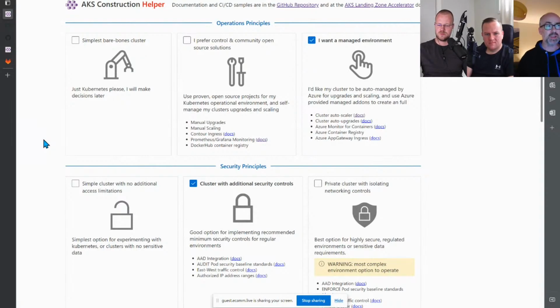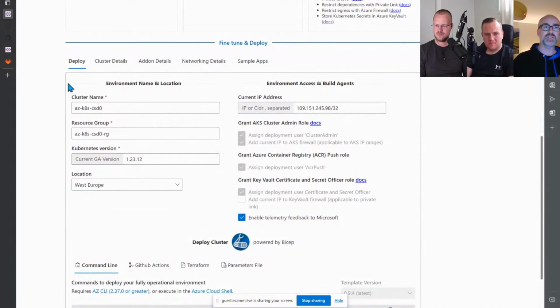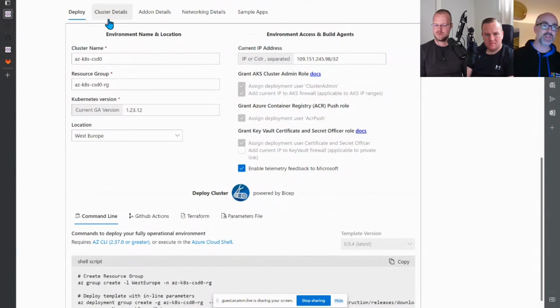So this page I'm landing on now, this will be the one that Kevin's probably most familiar with. And this is the web app experience that we have for construction. And this is what really drives the sort of environment you want to create. So again, we can start off with something really simple, we just want to get familiar with something, we want to get something deployed and we want to play with it. So we choose these two presets at the top, and then we skim down the page. And then we get a bunch of other tabs we can start exploring and fine tuning. So the whole purpose around this is just to tailor the experience and not overwhelm and overload the user with what's going on.